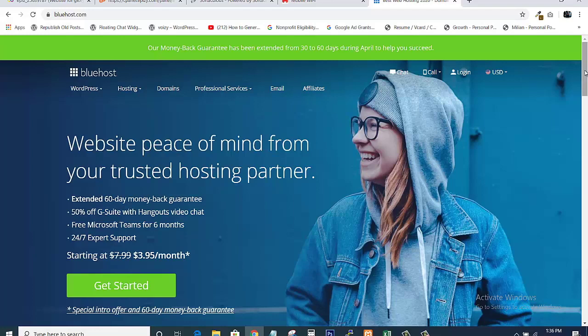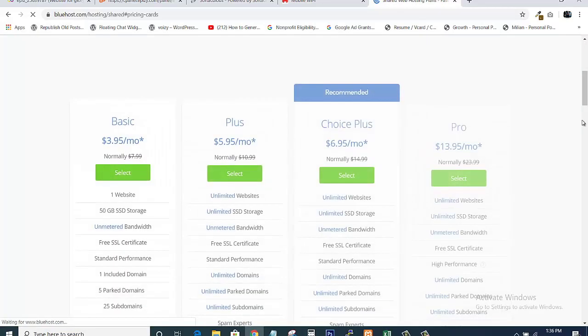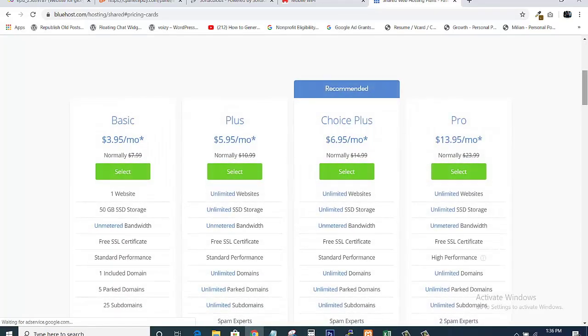Okay. All right. So once you are here on Bluehost, you just go to Get Started. Then select a plan. If you are a starter, you can start with the basic. But if you know what you're doing, you want to build multiple websites, you may want to go for the plus. It allows you to build multiple websites and multiple storage and the rest. Before I start, you can just go for basic, select the plan,